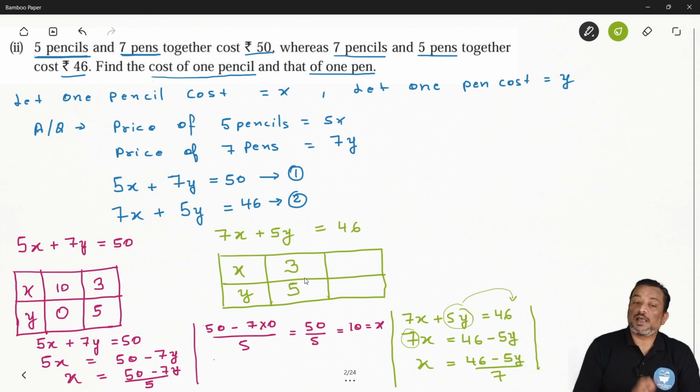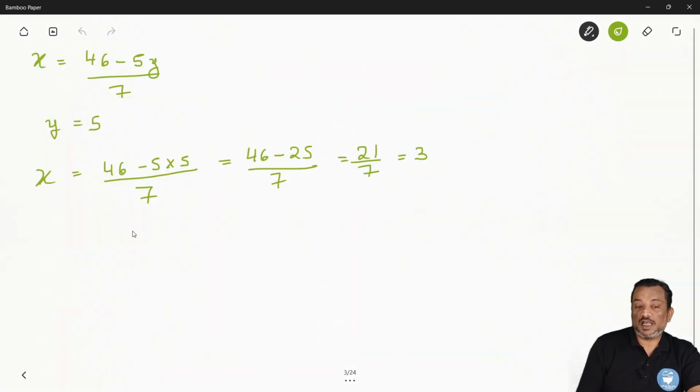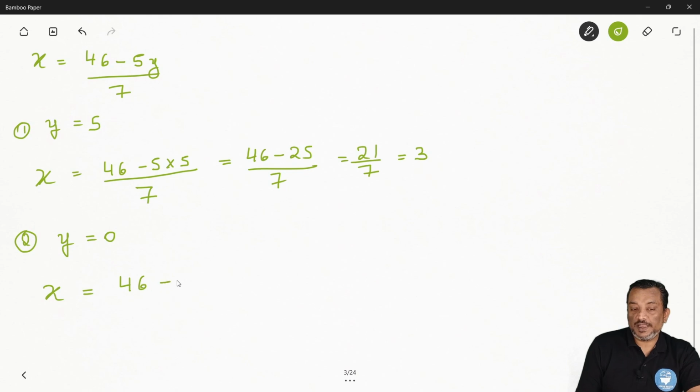अब हमें यहाँ पे सेकंड सॉल्यूशन निकालना है, तो सेकंड सॉल्यूशन सेम वे हम यहाँ पे y इज इक्वल टू, ये हमने फर्स्ट सॉल्यूशन निकाला, अब सेकंड सॉल्यूशन के लिए हमने क्या बोला, y इज इक्वल टू 0 हम ले लेते हैं, तो x इज इक्वल टू क्या हो गया आपका 46 माइनस 5 टाइम्स 0 over 7, so this one you will get how much, 46 over 7, okay, so 46 over 7 आपका मिल गया, ठीक है।